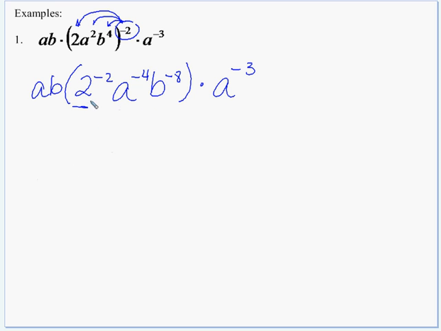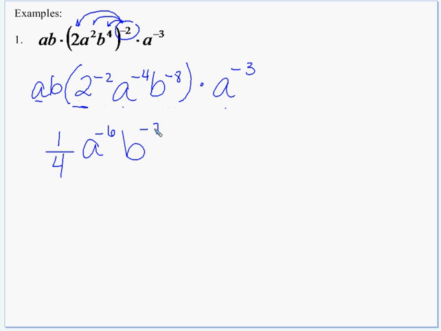So 2 to the negative 2 is actually going to turn into a fraction, so we're going to have 1 over 4. And then we're going to multiply. So we have A to the negative 4, and A to the negative 3. And that's going to give us A to the negative 6 because we're going to add all the exponents. Now for our B, we have B to the first and B to the negative 8, so we have B